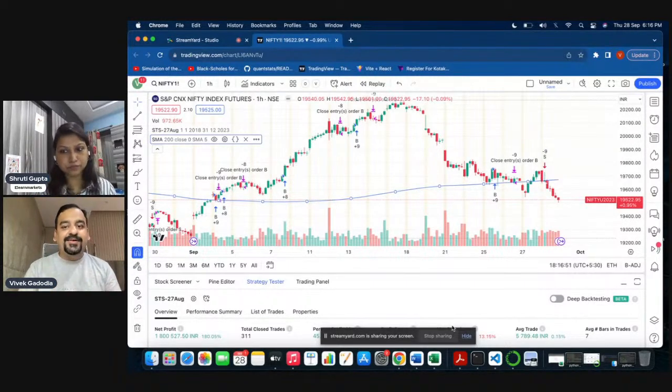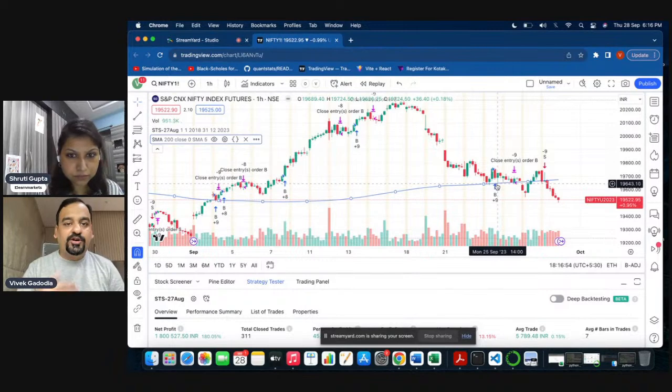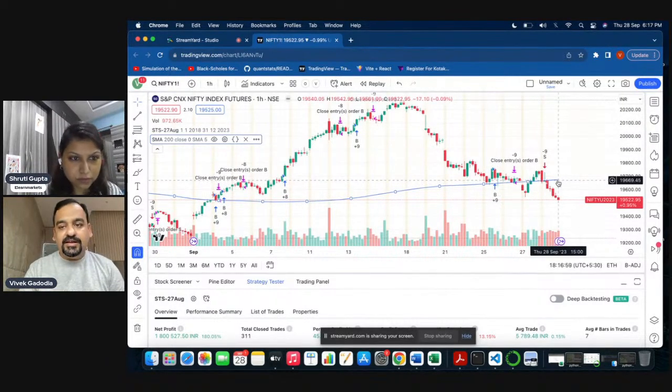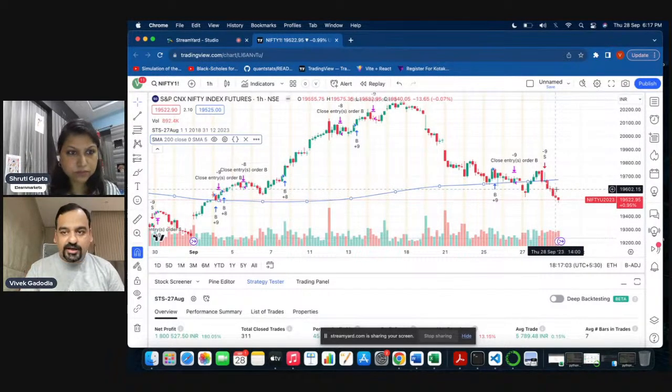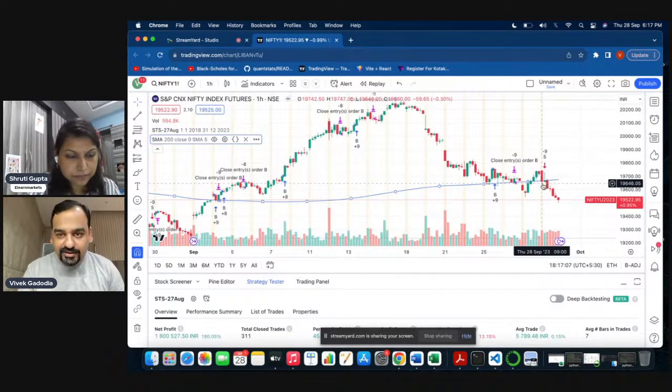As you may have guessed, for an uptrend, price has to be above the 200 MA, and if price is below the 200 MA, then the trend is down. So you can see today,